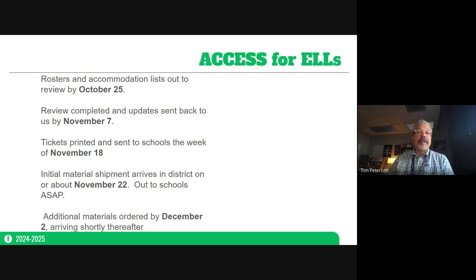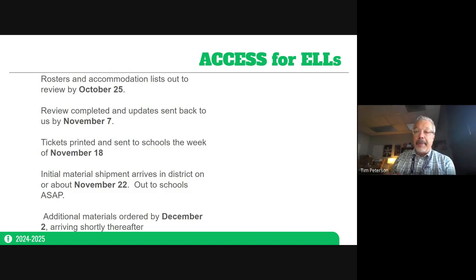Okay, continuing with the timeline. So again, the 24th is when the DPI pulls all that data. On the 25th, expect to see a roster and accommodation list that comes to each of you or the access coordinators at your building, and it will contain a roster as well as an accommodation list.